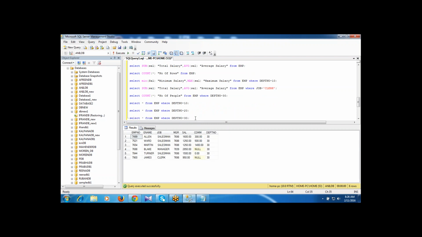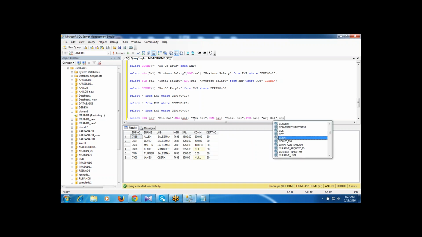If I want to get the result for a particular group, then I write the where clause. When I operate the group function for all the departments, for all the salaries, I get a single result. But here I want to get the minimum salary and maximum salary for each and every department at a time.